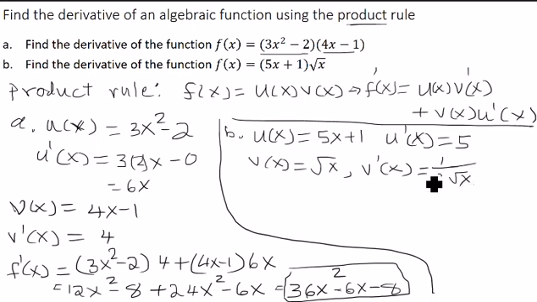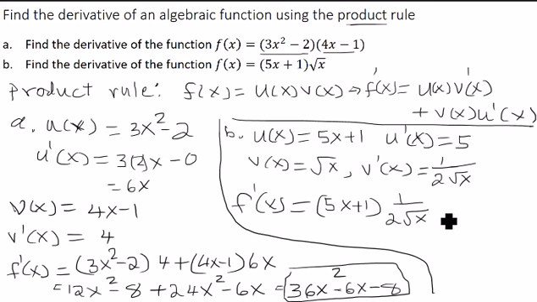So putting them all together into this formula, we have f prime of x equals u of x, which is 5x plus 1, times v prime of x, which is 1 over 2 square root of x, plus v of x, which is the square root of x, times u prime of x, which is 5. So you can just leave it like that, but you can combine these together,